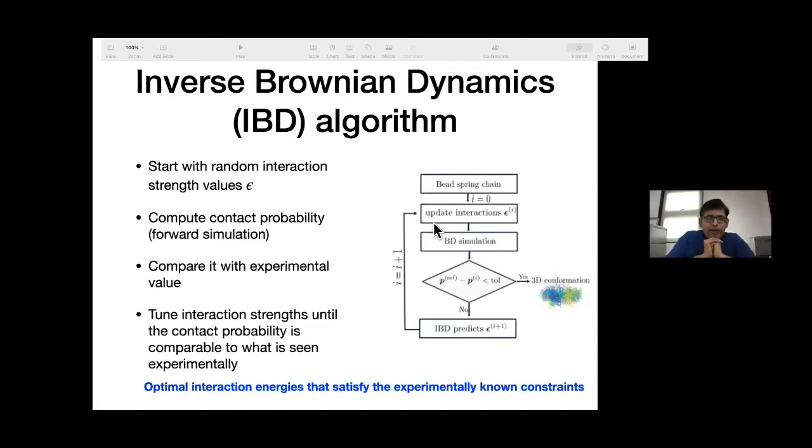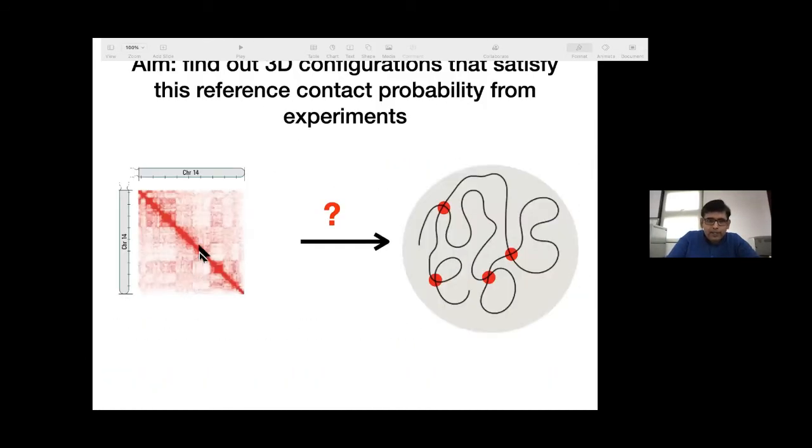But how would you write down a free energy? This is an equilibrium problem. You know all the potentials. No, we do not know the potential. The only thing we know is the contact probability, from experiment. No, I'm saying you know the form of the potential function. I think you're right, we are trying to parameterize the form of the potential. Yes, that we know. I mean, that might be faster than doing the full-blown Brownian dynamics simulation. Maybe that's a naive thing. Yeah, I don't know how to do this. Probably it is possible.